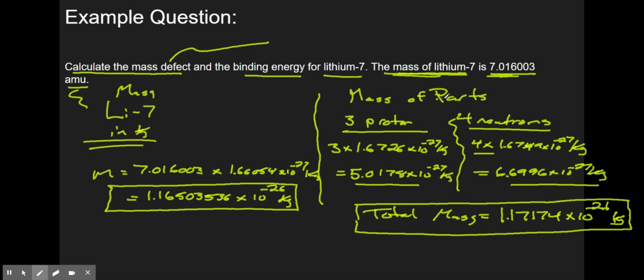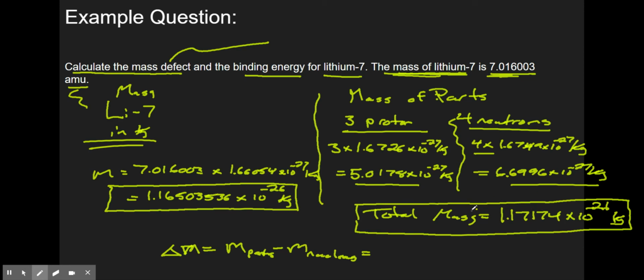So if you were building a nucleus, you would pull out 3 protons and 3 neutrons, and they would weigh this much before you put them together. Once you put together the nucleus, it has this mass. So you can see we have a mass defect. We've lost a little bit of mass here. So in the end, the difference in mass, not the difference in energy, the difference in mass will be the mass of the parts, subtract the mass of the nucleus,